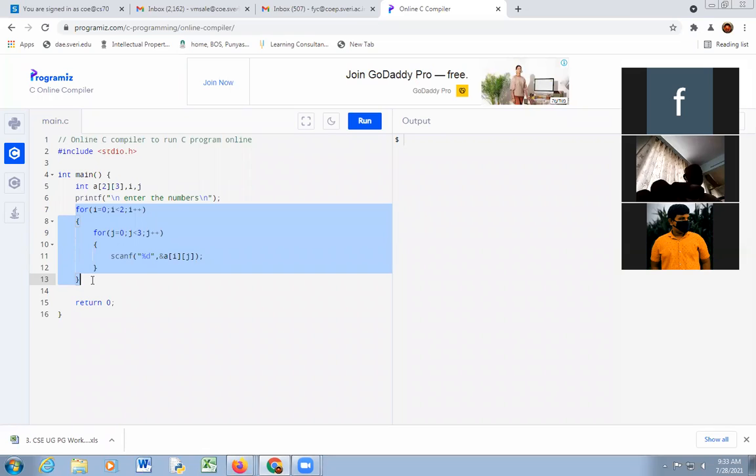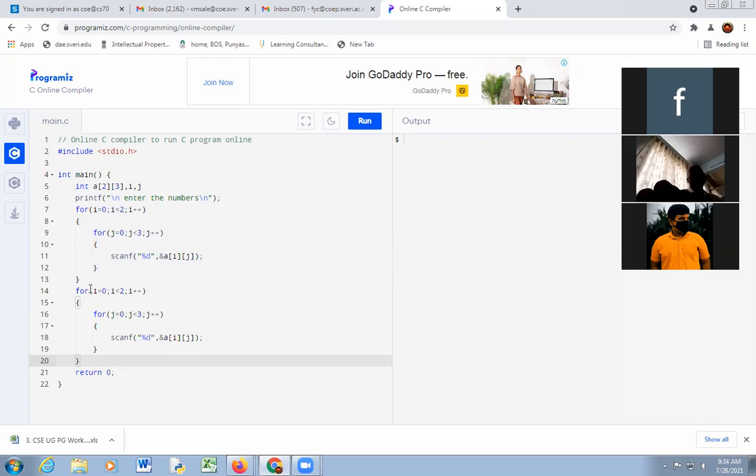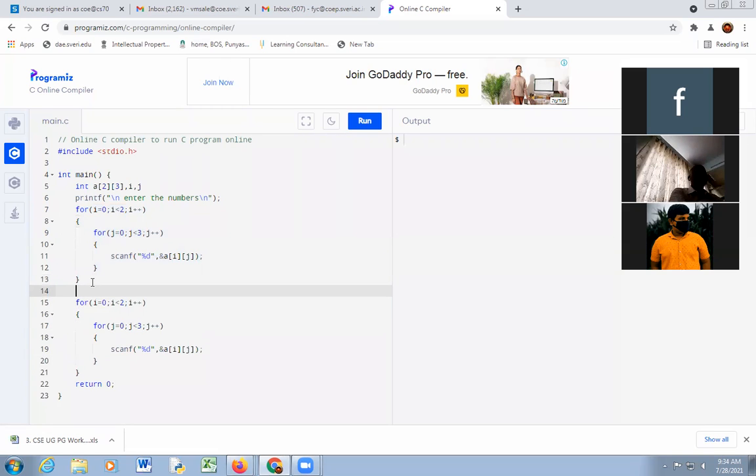Then the next code is for showing the entered numbers in matrix format. So for i equal to 0, i less than 2, i plus plus, for j equal to 0, j less than 3, j plus plus.